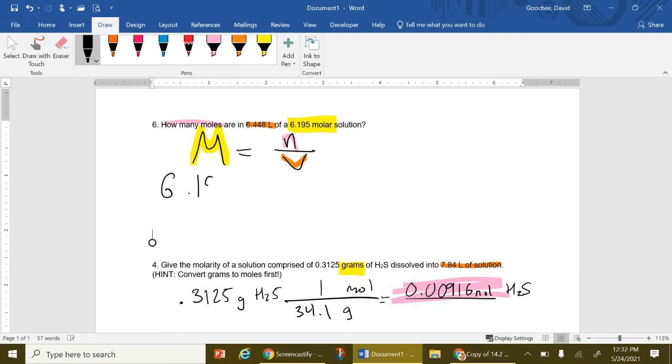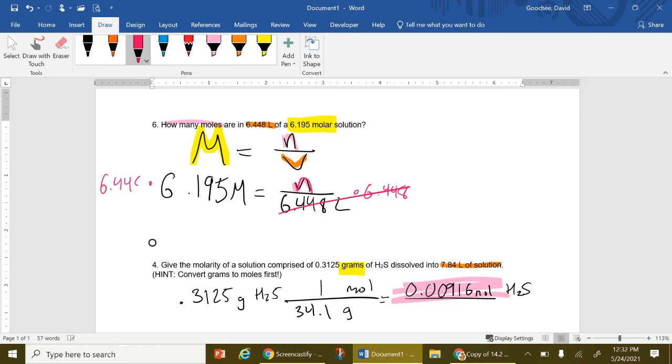The molarity equals 6.195 molar. You don't know the number of moles, but the volume is 6.448 liters. So we're solving for the number of moles. We know the volume, we know the molarity. So we're solving for this guy right here, number of moles. Now we got to get it by itself. It's being divided by 6.448. So we're going to multiply both sides by 6.448. Cancel it over here. So the number of moles is equal to